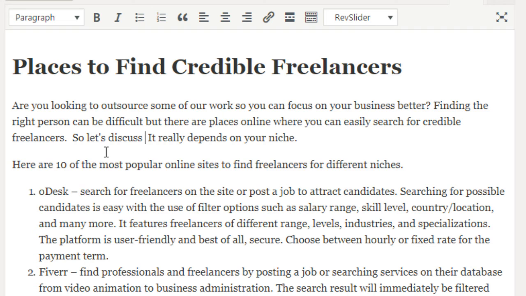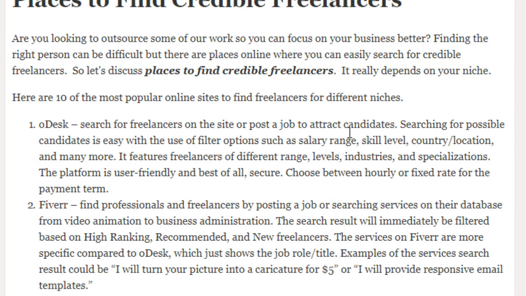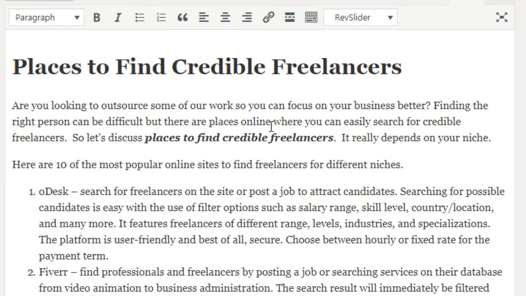I want to make sure that it's human friendly. And then you can highlight that. So places to find credible freelancers. This can be italicized. This can be bolded like that. All right. So that needs to be in the first paragraph.